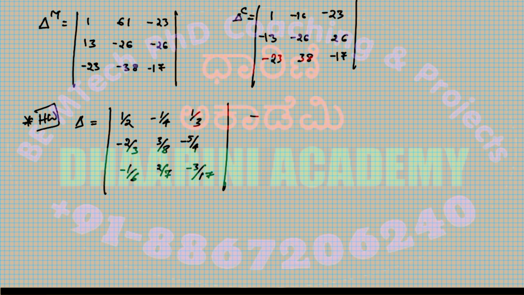Answer to this question, directly the delta C matrix we will write. Okay, so that the delta C is equal to